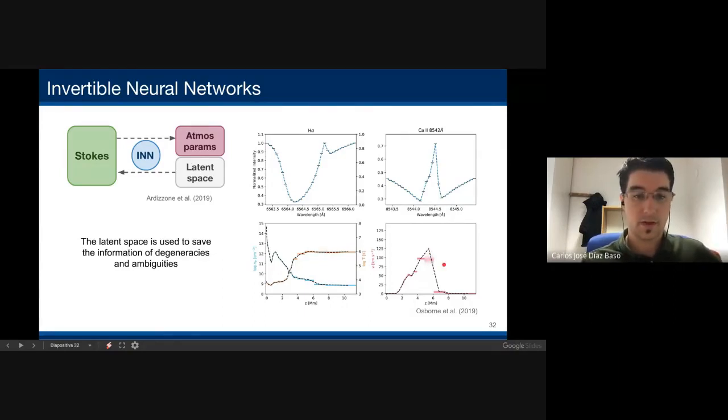Very important when we do the inference from the observed quantities. So this information about the degeneracies and ambiguities is very important, because